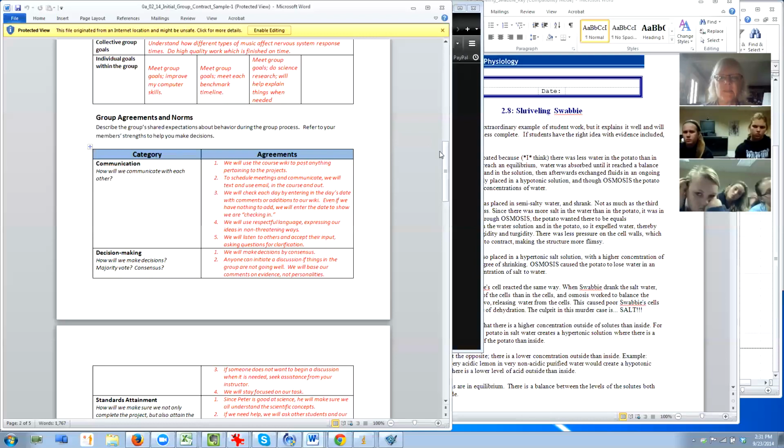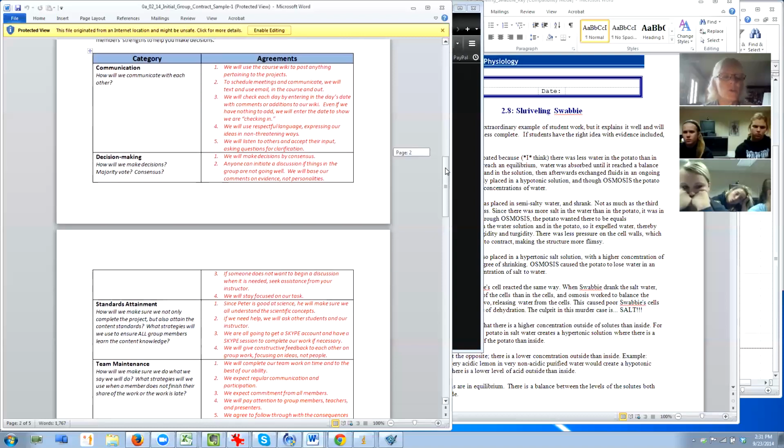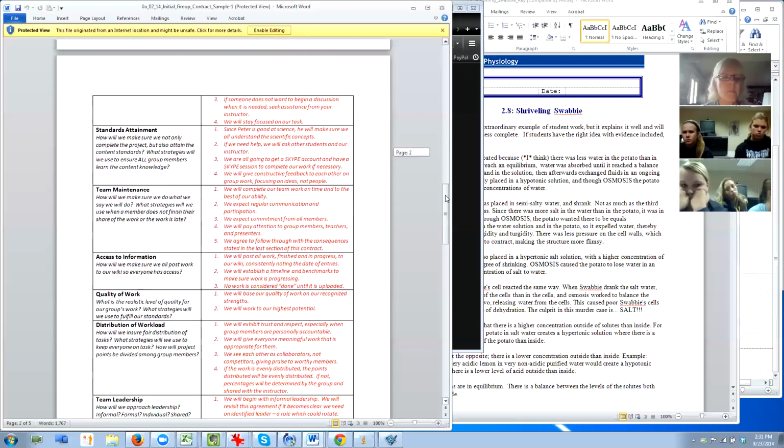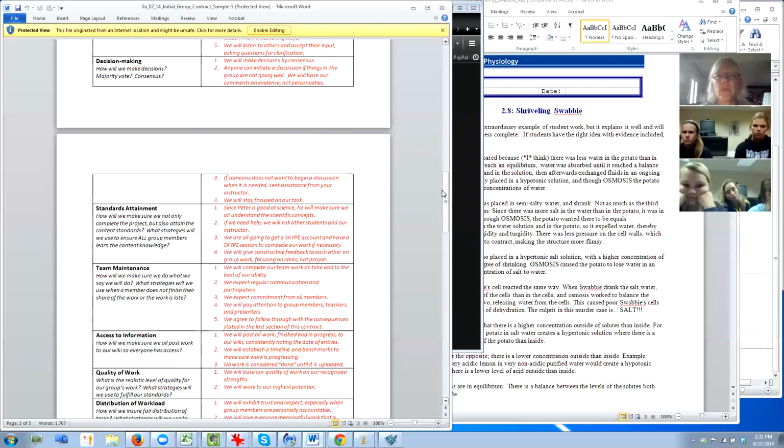But what it does is it helps you decide ahead of time how you're going to communicate, how you're going to make decisions. Is it going to be a majority? Is it going to be a consensus of vote? How are you going to do that? Who's going to maintain the team? How are we going to access information? It just goes through a variety of things. And, you know, once you guys have decided, then that's the way you're going to roll. Now, one of the intriguing parts of this is that